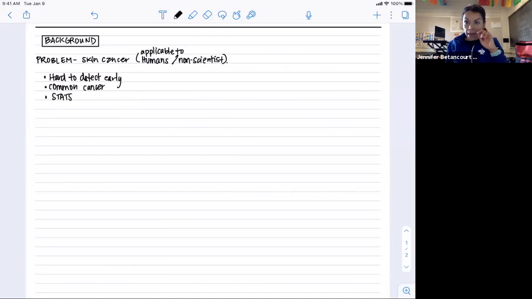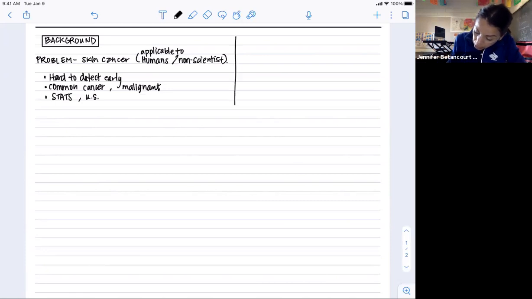So what are some of the stats that could impress the non-scientists, not just, 1 in a million people get it? Okay, and so usually you are going to be writing to a United States grant funding agency. So I think stats have to be relevant to the country that you're trying to get money from. Okay, so it's common and it's malignant. Okay, great. All right, so people are talking about the causes. I'm gonna leave that. Maybe I'll just draw a little line right here